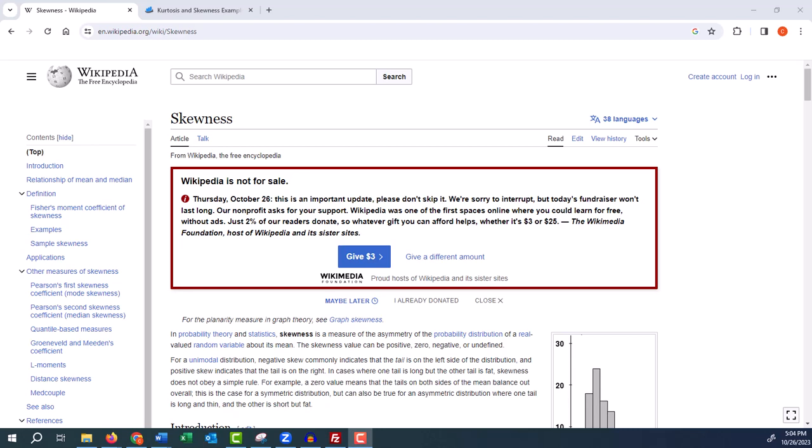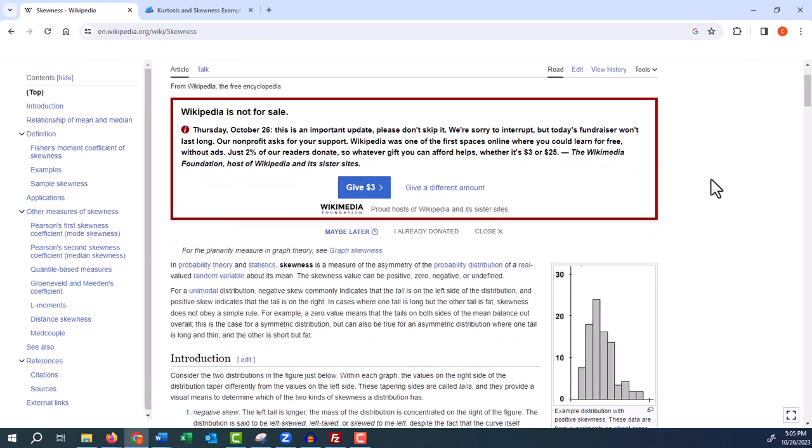Okay, my friends, so this is going to be real quick, and I'm just going to use some web pages that have enough information for us to know about. The first measure that we're going to focus on is called skewness. We've talked about the word skew in class before, and there is a measure for skewness, and the